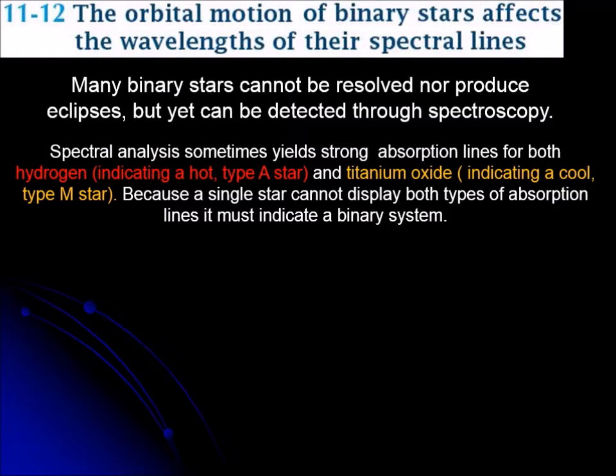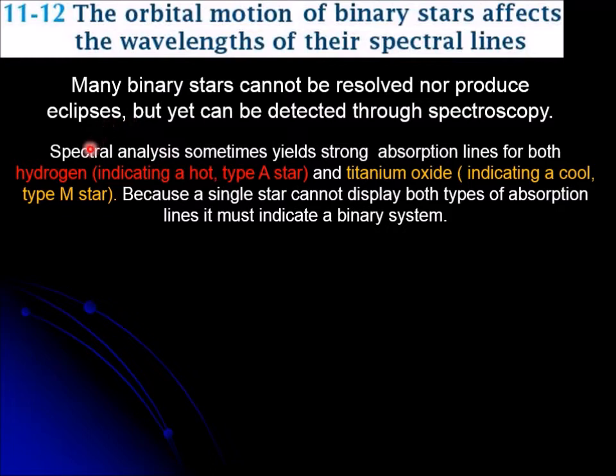In those cases we say that the binary star cannot be resolved, and we don't see eclipses, but we can find that a system is a binary system just by looking at the spectrum. We saw before in sections 4, 5, and 6, I think,